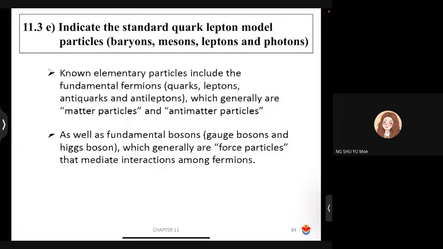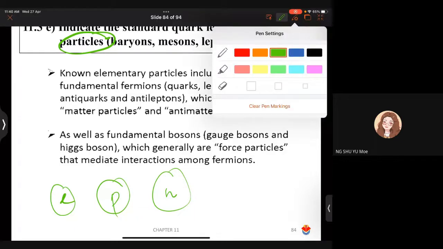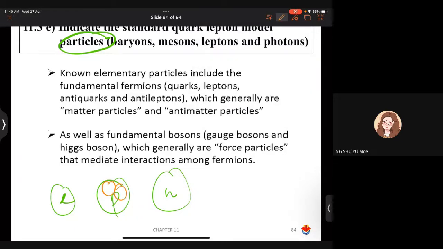Okay, yang ini. Indicate the standard quark lepton model on the particle. Ingat tak tadi video saya bagi? Sebenarnya dalam kita hanya belajar 3, iaitu elektron, proton, neutron. But we thought this one is the smallest particle. But actually inside the proton, neutron and electron, kalau you tengok video tadi ada bulat tu. Ada up, up, down. Ada apa lagi down, down, up. So yang itulah. So yang up, up, down ni semua kita panggil dia quark.